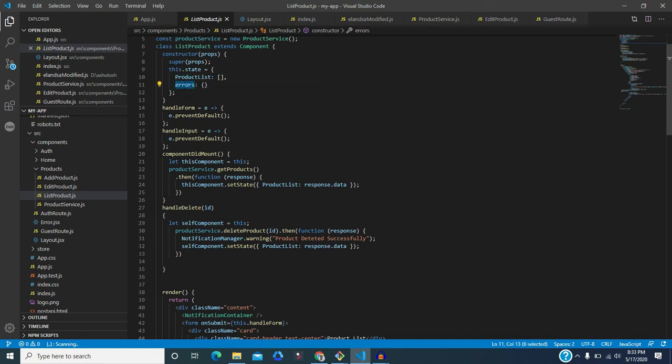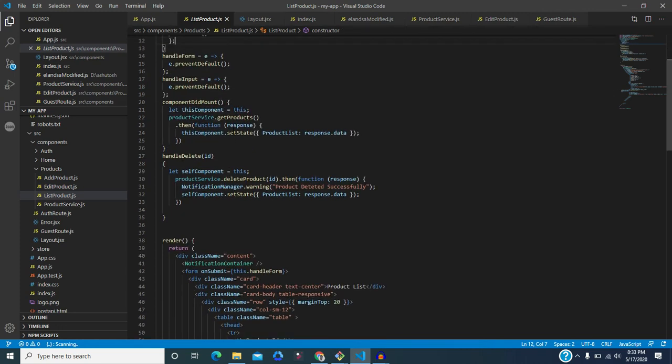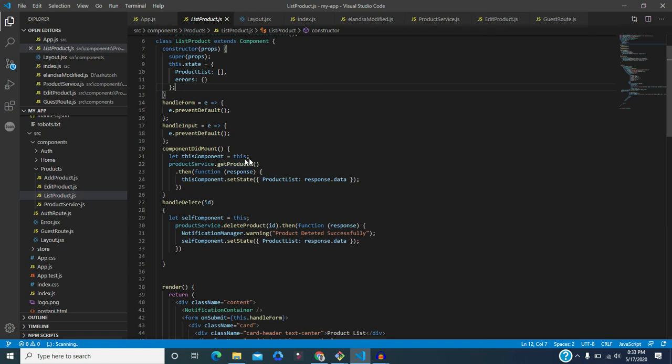Another part is the error. In certain cases, if an error is returned and you want to show this particular error to your user, you can utilize this object. Again, you will understand here that we are storing this object in a certain variable, and then using this variable to call setState. You should do this, because it is very important, otherwise you will get some error.